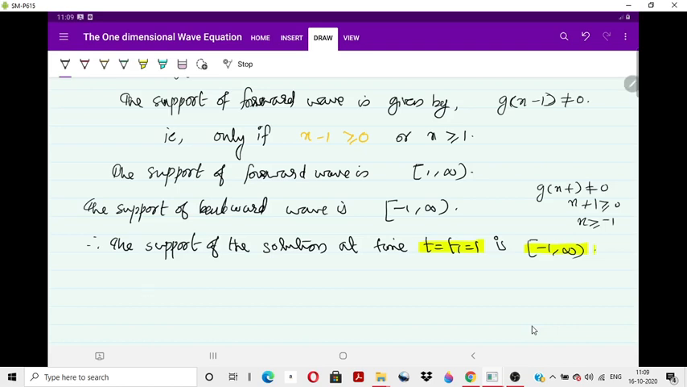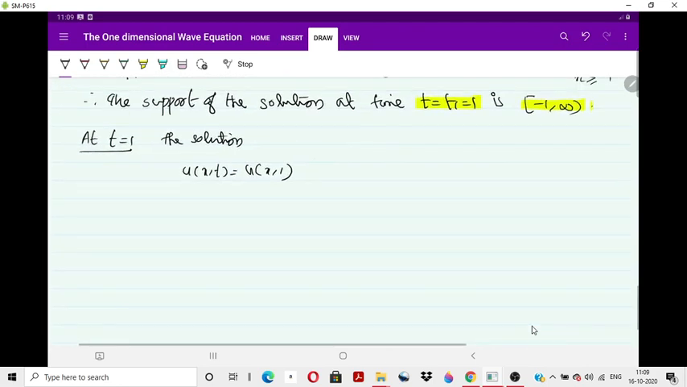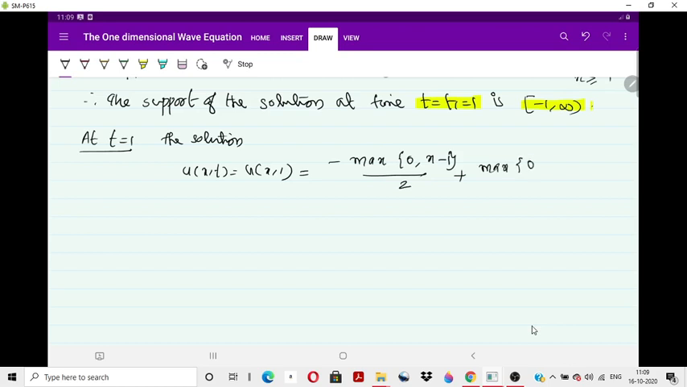Now let's try to write the solution at t equal to 1. That is, at t equal to 1, the solution u(x,t) = u(x,1) is equal to minus maximum of 0 comma (x minus t), where x minus t is x minus 1, by 2, plus maximum of 0 comma (x plus 1) by 2. Okay, so this is the solution at t equal to 1. Now,